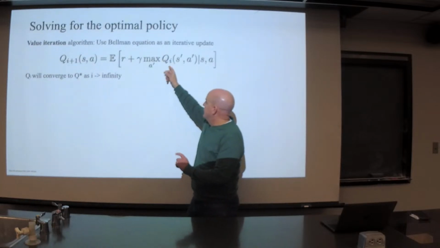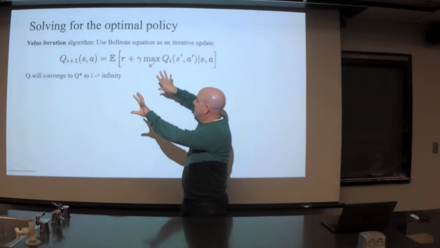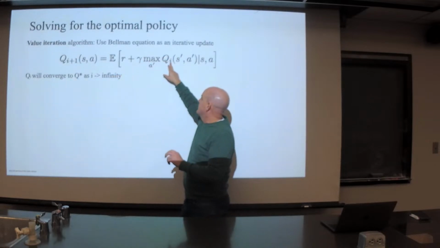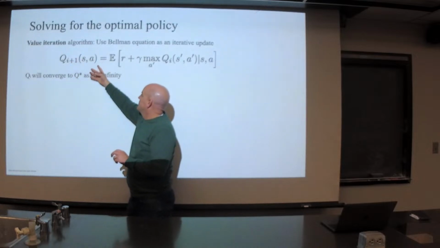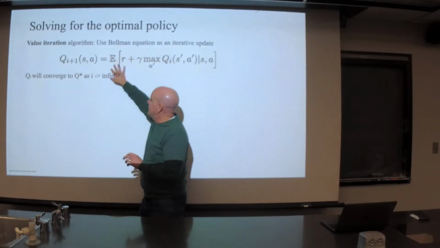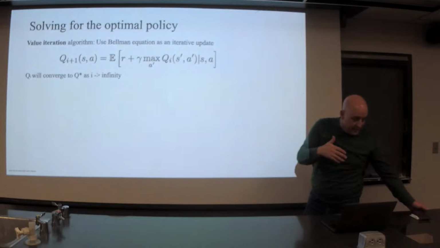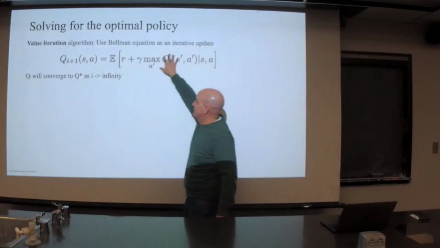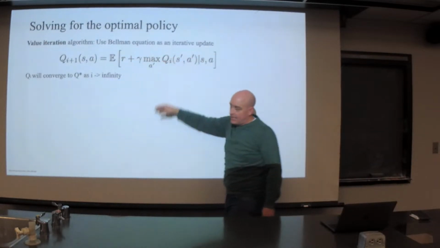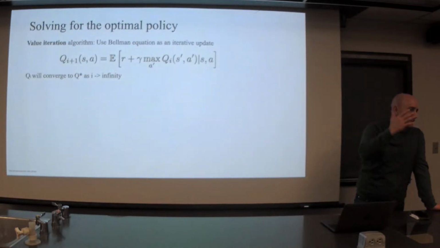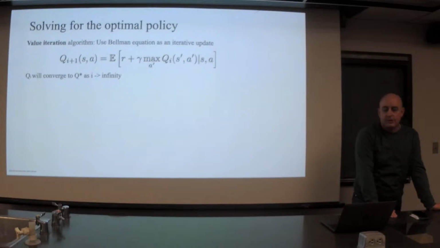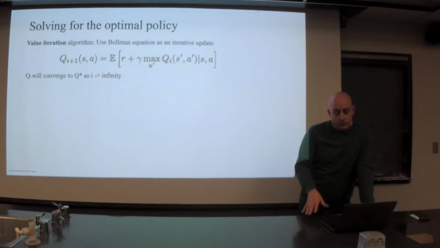But done in this iterative way where we remove the stars. This is no longer Q star and Q star. This is like some starting point, and then this is the result of running this iteration. And if this function right here of Q satisfies some certain properties, this will converge, and it will oftentimes converge to the optimal thing that you want. So again, there's a lot of cool math here, but we're not diving into that today.